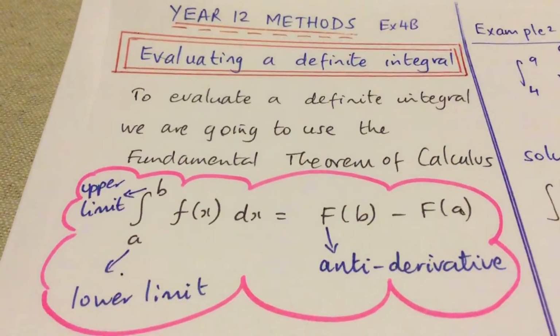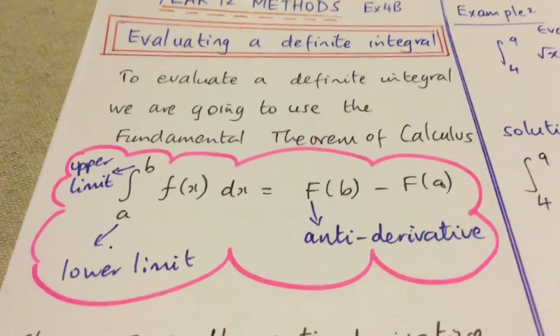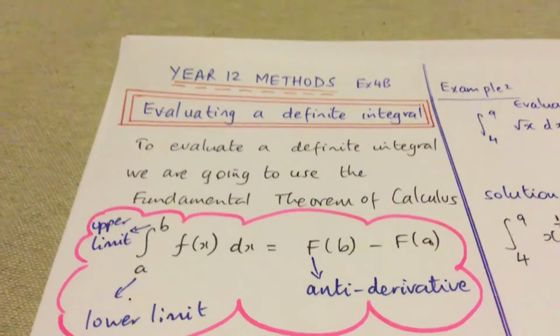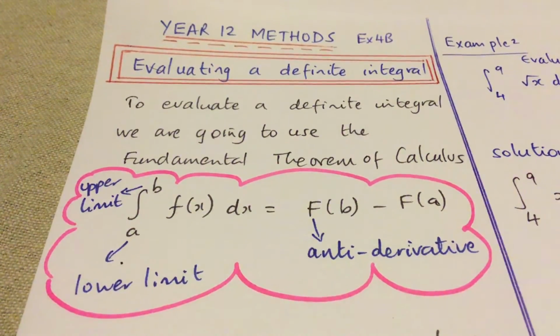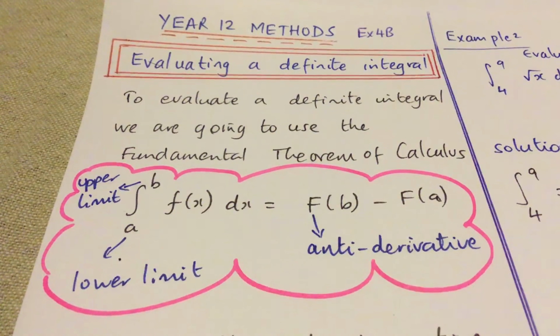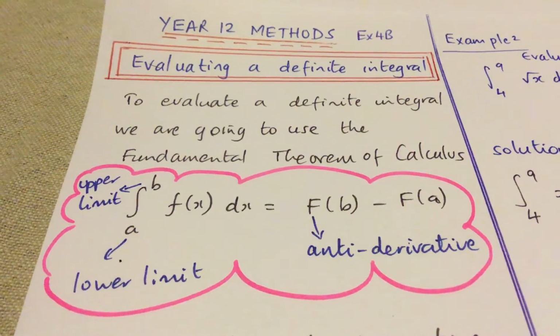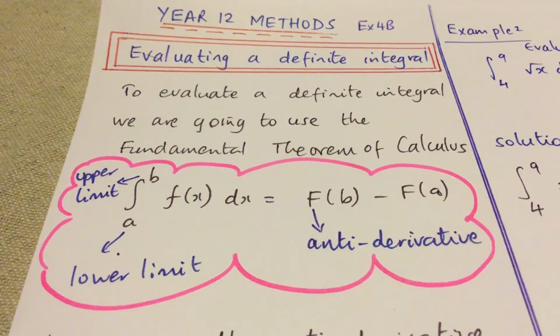Now what is the fundamental theorem of calculus? It's written in the bubble here. The integral of any function from a to b is F(b) take F(a). So a and b are called the limits of the function. a is the lower limit and b is called the upper limit, and capital F is the antiderivative of small